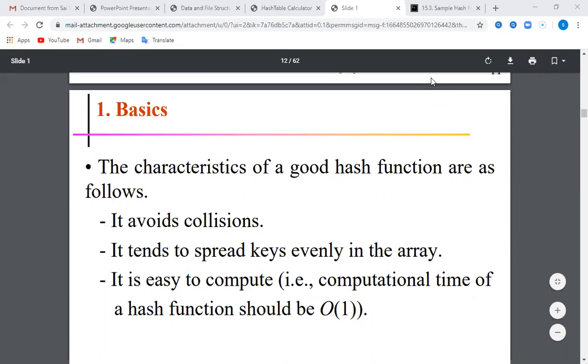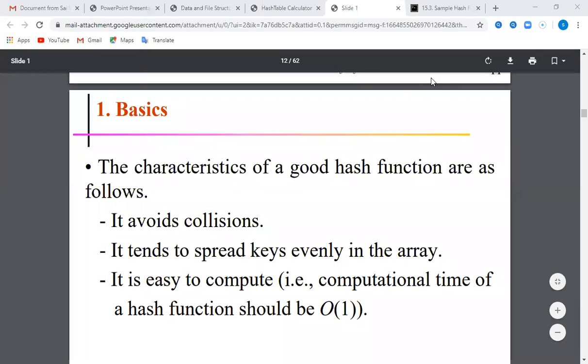So you do the division method and get the remainder. That remainder is the index, and in that index you store that key. Suppose for another key you got the same remainder value. For 32 mod 10, 2 is the remainder. For 22 mod 10, 2 is the remainder.